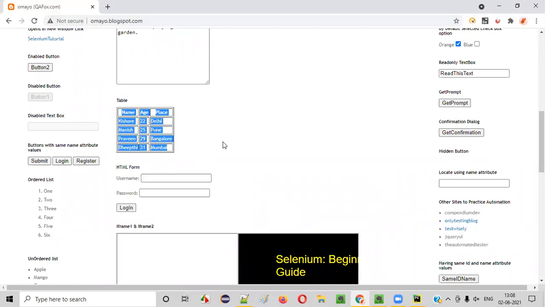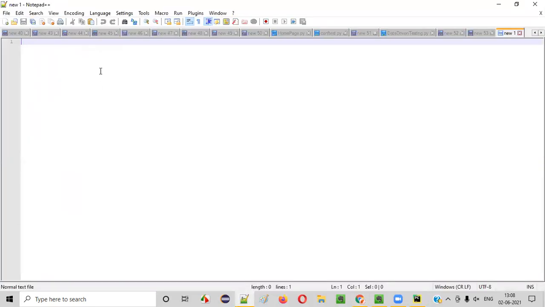But before I practically demonstrate how to handle such kind of tables using Selenium Python automation, let me explain the HTML basics for creating this table, guys. We should have this HTML knowledge of the table before I practically demonstrate anything on how to automate or handle this table using Selenium Python. You should have the knowledge of the HTML basics of creating this table from scratch. For that, I'll open this Notepad++. Here is a Notepad++, guys.